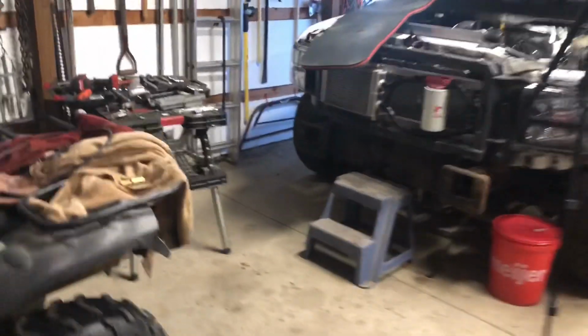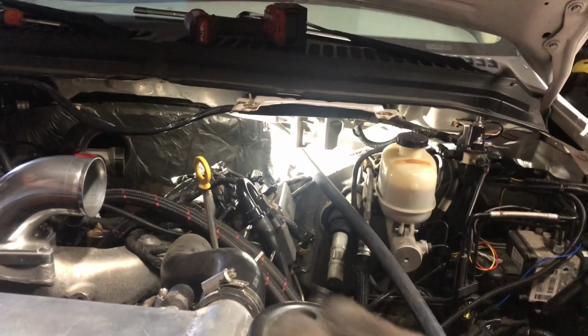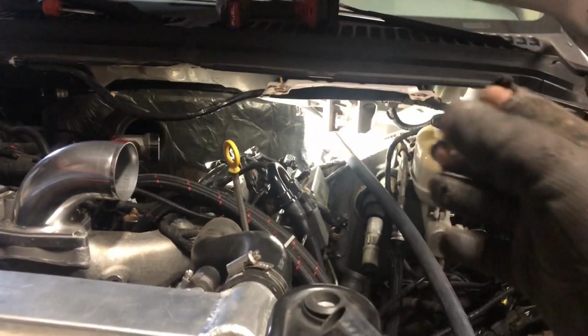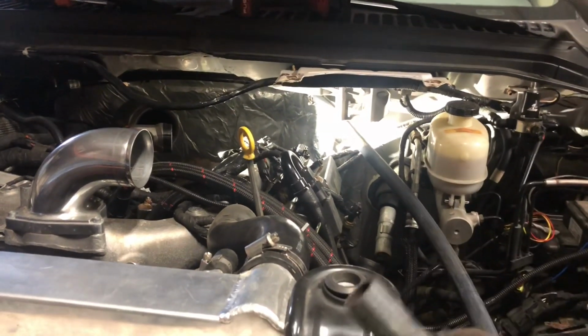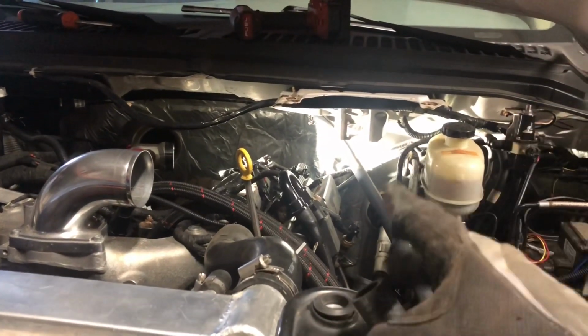You know, you can do exactly what I just did on any 6.0. And then you can extend this. That's really the problem, is that this needs to be a little bit longer to make that corner. Otherwise, it sits there and rubs on the fickum. So, like I said, we're doing this because we're removing our Degas bottle. But if you ended up with a leak, you could do this exact same thing. 3/4 inch hose here, and then just extend it a little bit, and then run it to the little Y